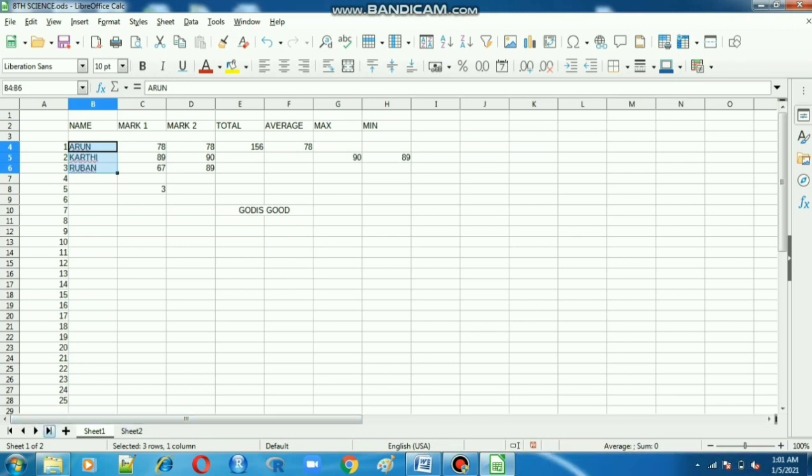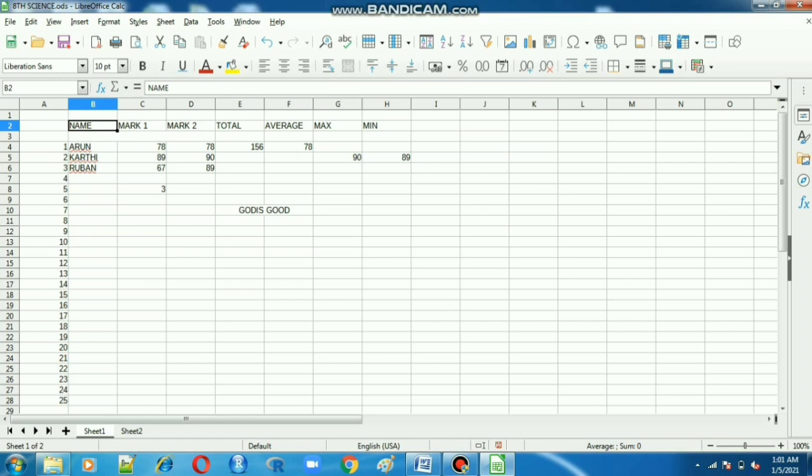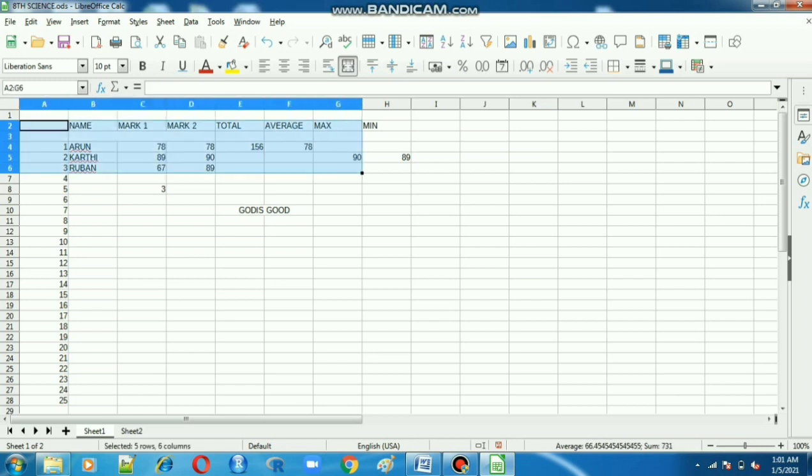Next one is charts. If you want to make a chart, before that you have to select the data. This is my page, and I want to select all of this.